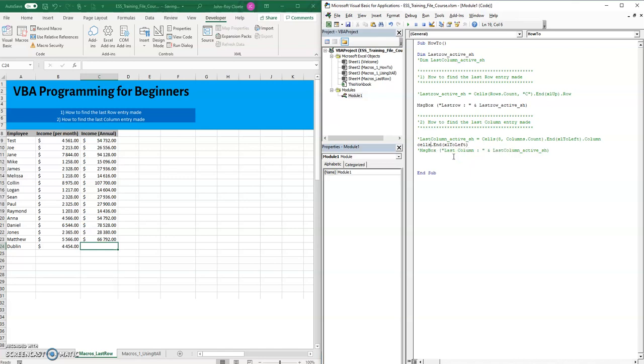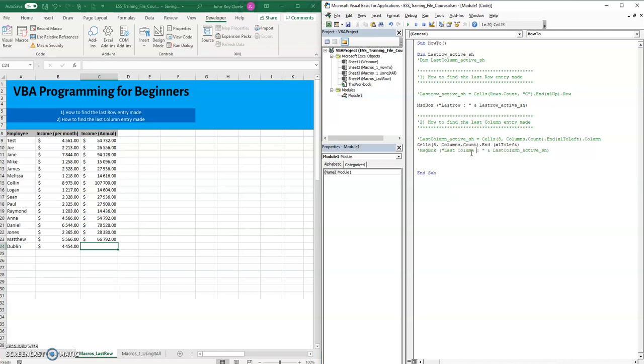But what do I want to check? So open parentheses at the cells, the row. Which row do you want to look at till you find the first entry? So it can be any case here. So let's choose row 8 as the one to look at, comma, and now I want you to count the columns. So it's columns dot count,